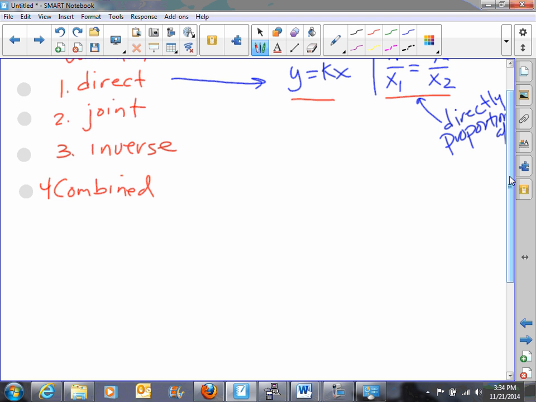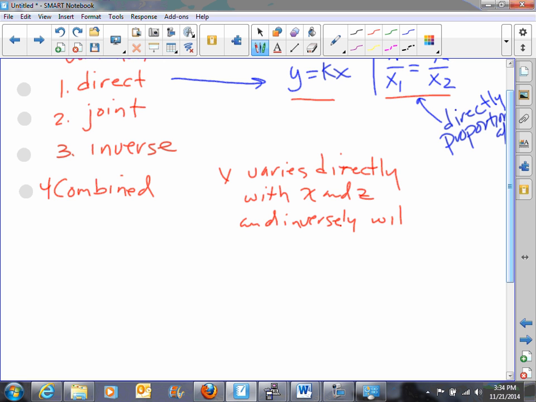What we're going to do is come up with an example. Y varies directly with x and z, and inversely with r and q. Now, in that particular case, y varies directly with x and z, and inversely with r and q. The equation would be y equals k